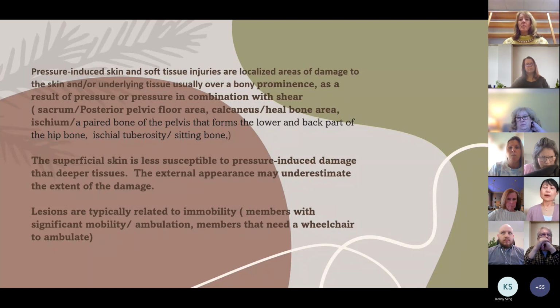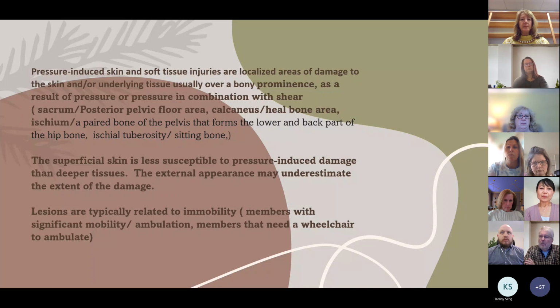This is familiar when you take care of members with issues in mobility, limited in their independence to do their daily activity because of immobility issues. Usually the area is on sacrum, posterior pelvic floor area, heel bone area, and